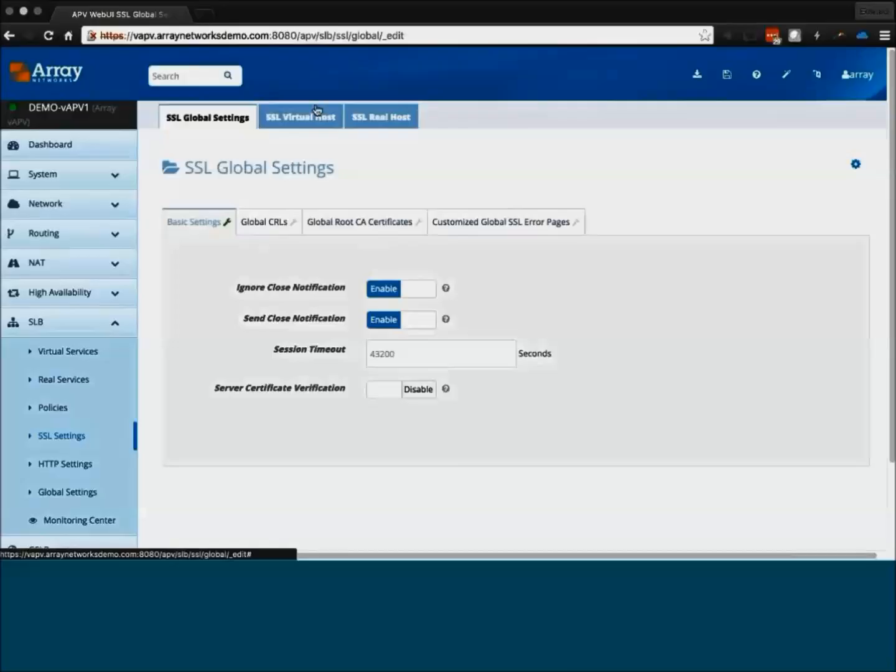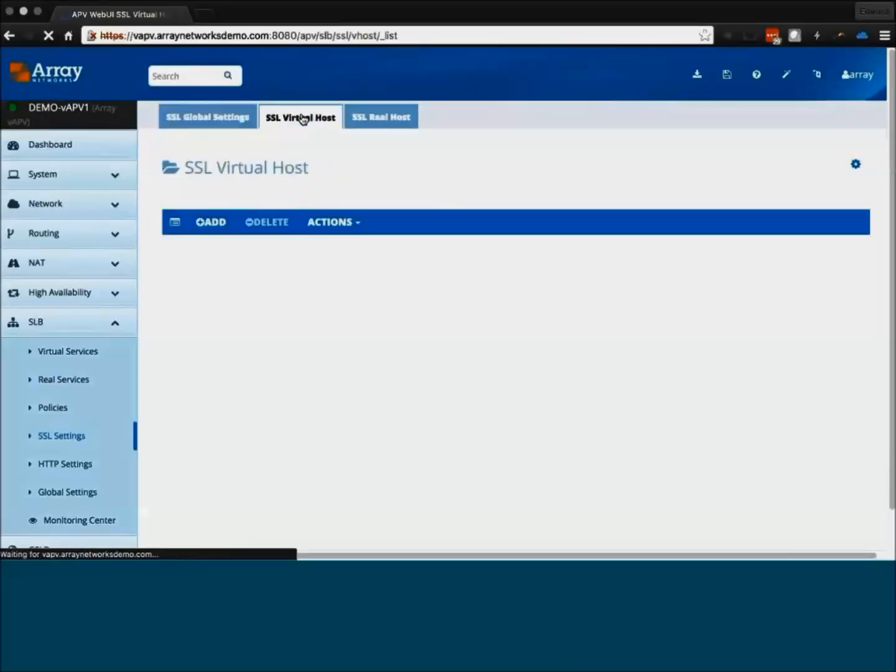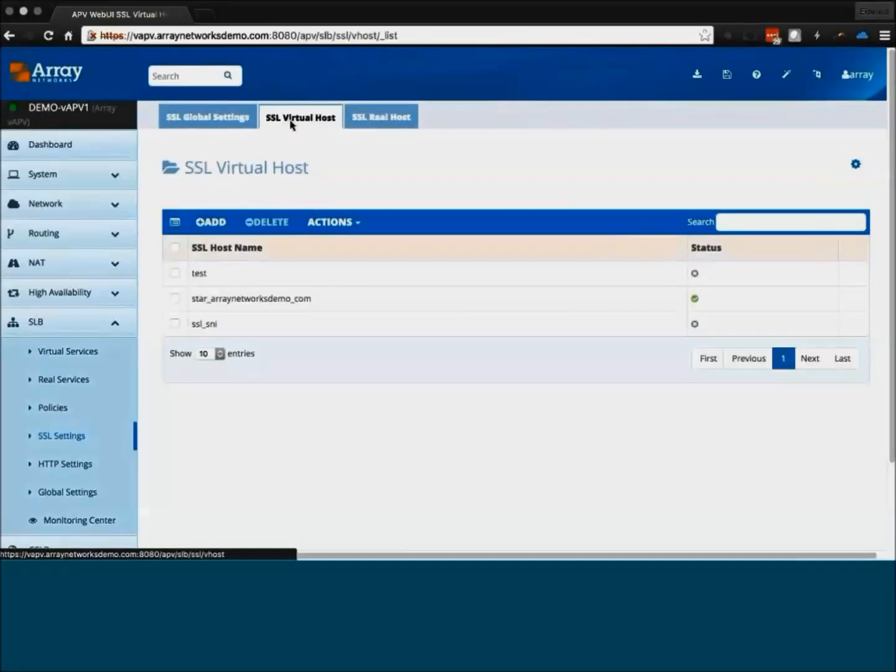So under SSL, you'll see we have our virtual host, and then we have our real host. Our virtual host is for SSL offloading, and our real host is if you're going to do back-to-back SSL. So for this demonstration, we'll concentrate on the virtual host. You'll see that I have a virtual host added here, but just to show you how you would add that,